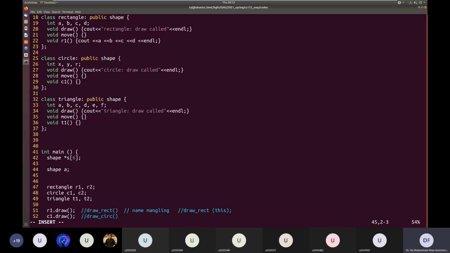Since I don't know what kind of shape it is, if I call draw, this draw function, as we just discussed, will not have an implementation because we don't know what kind of shape it is, what it should look like, how we should draw it. This kind of object also does not have any member variables, etc. So this kind of object is totally useless for us.